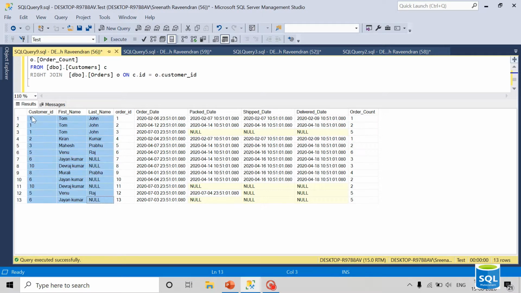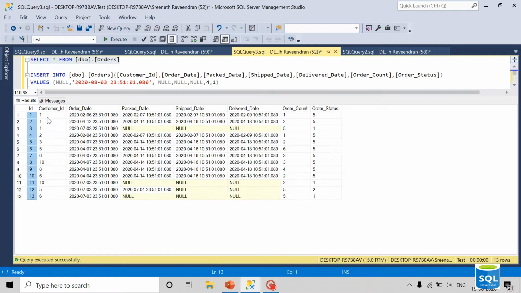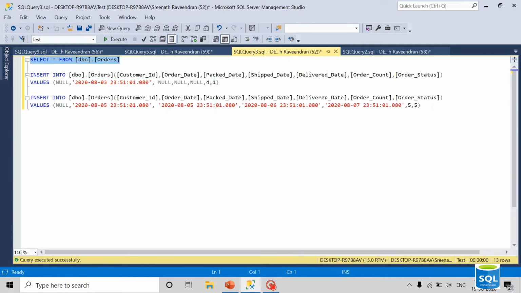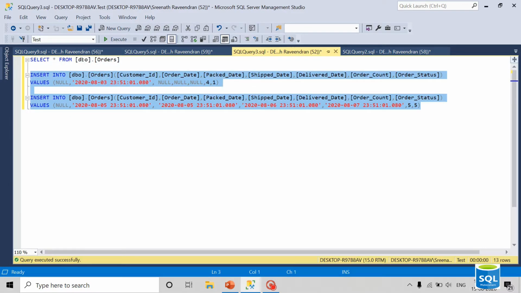Now for understanding this, for all the orders, a customer ID is there. If you can see, the customer details are there. So let's take a scenario where there are some orders, but it's invalid data, and the corresponding customer ID is null. Right now I'm just inserting 2 records, bad data, and we'll see how this behaves.